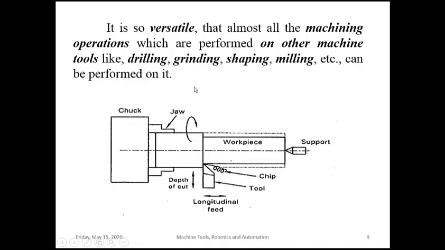So we have a simple diagram to understand the working principle of the lathe, and you need to write only this diagram if they ask about the working principle of the lathe. Write the chuck here. The chuck is a work holding device. Yes, this is the chuck, and this is a jaw which firmly holds the workpiece. This complete thing is the workpiece. You can see here the workpiece starts from here.